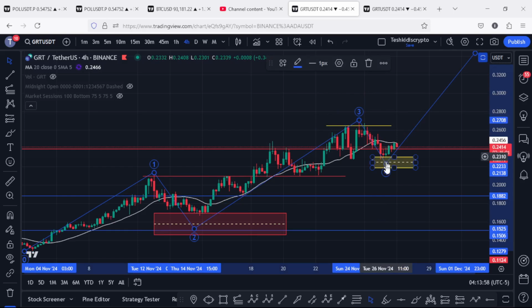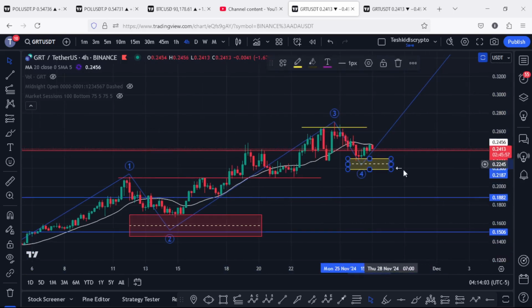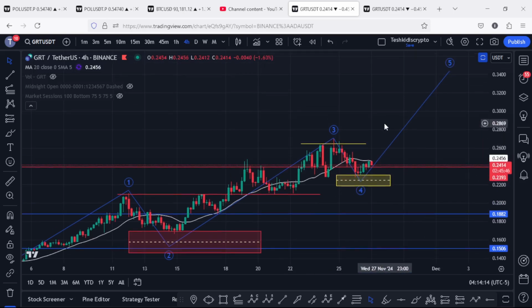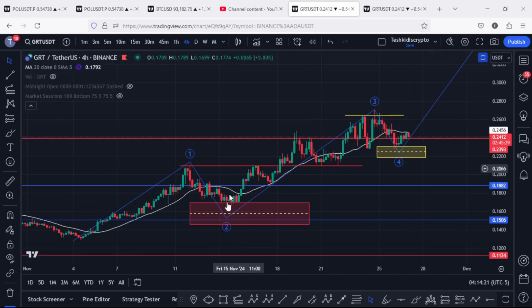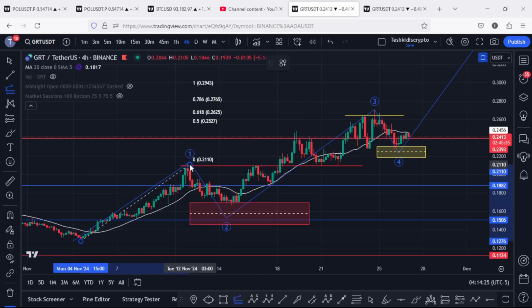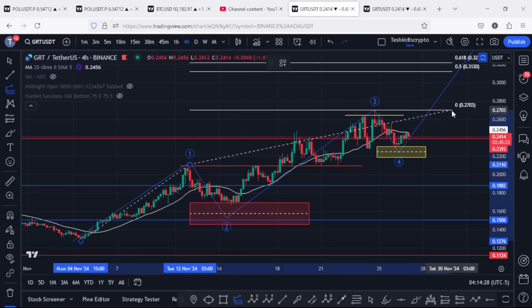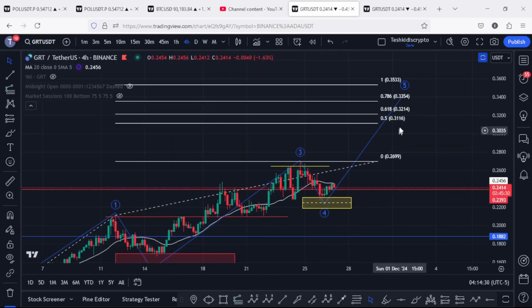and the pullback over here is a corrective structure in a wave 4 into the minimum target areas highlighted on the charts between the $0.2306 and the $0.2187, an area that is now giving us a reaction to the upside in what could be the start of an impulsive Elliott wave count 5. And the minimum target area for that Elliott wave count 5 can be given using the trend-based Fibonacci at the fib level 0.618, and that lies above the